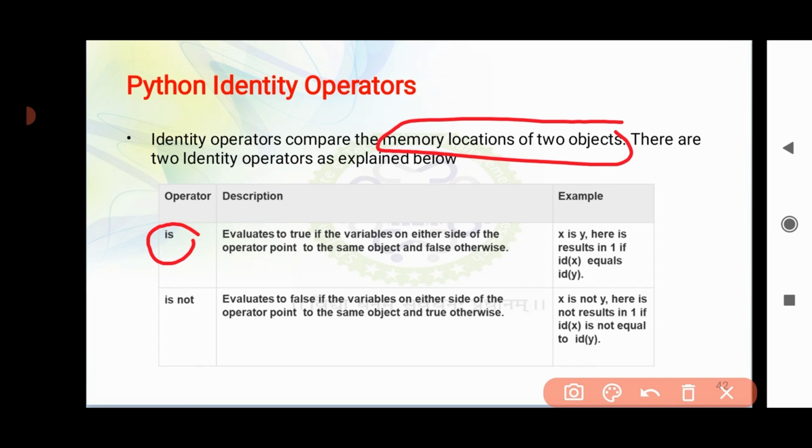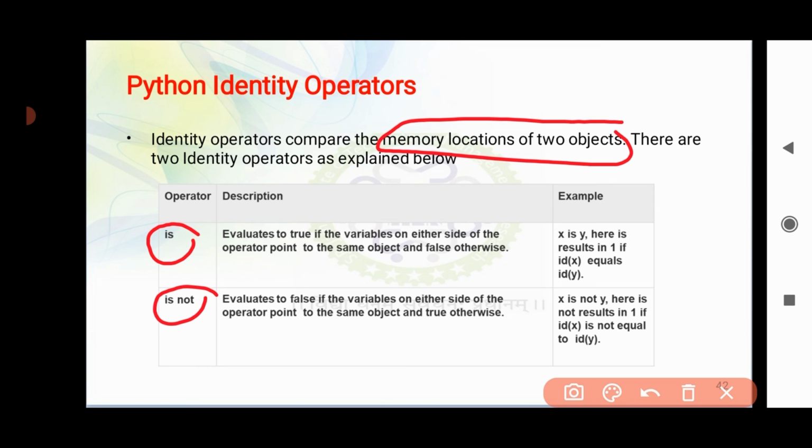The other identity operator is is not. It evaluates to false if the variables on either side of the operator point to the same object, and true otherwise.